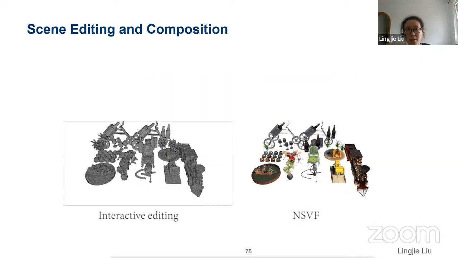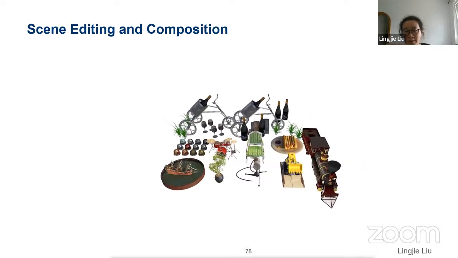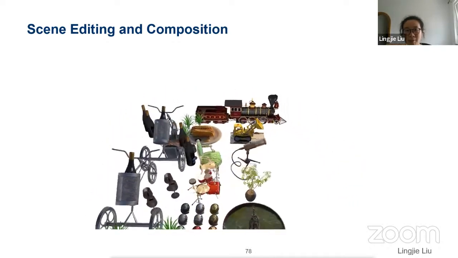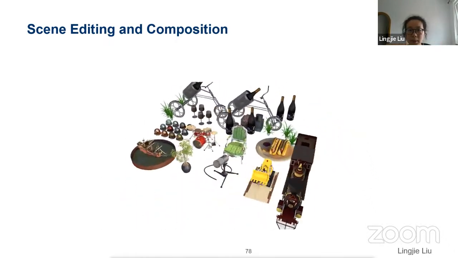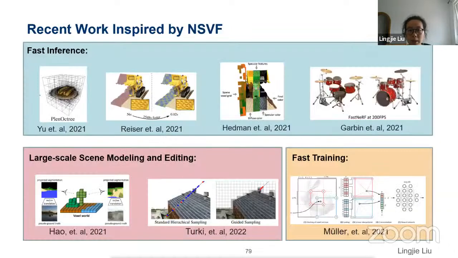And I just mentioned one advantage of NSVF is that we can edit and compose more complex scenes at test time. I'm glad to see NSVF has inspired several recent works on faster inference, faster training, and large-scale scene modeling and editing.